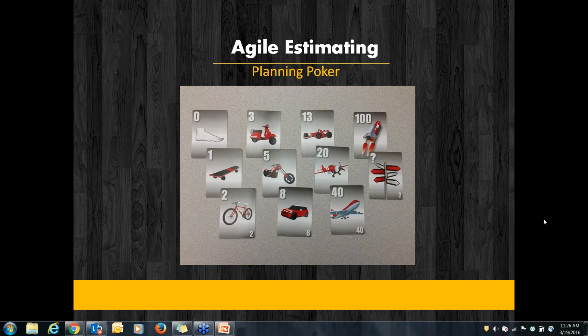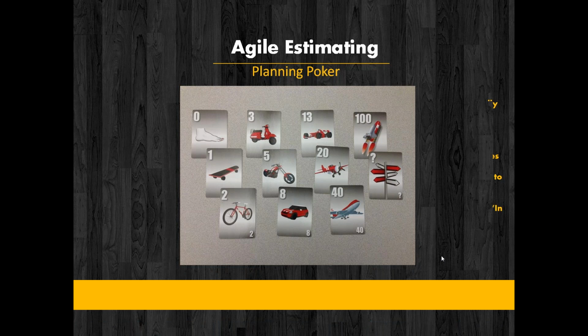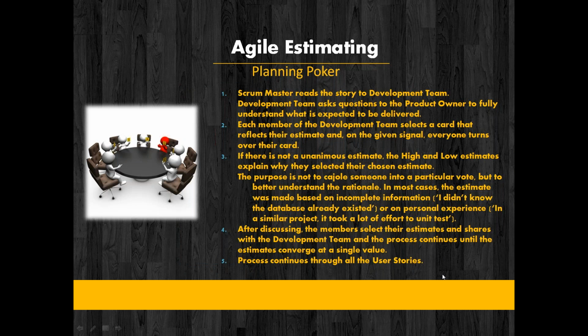So the actual game goes like this. The team sits together. The Scrum Master reads out the requirement to the whole development team, and every member in the team has this particular set of cards. So the whole deck of cards is with every team member. Once the requirement is given out to the team, every team member picks up their card, thinking of how much effort it needs,